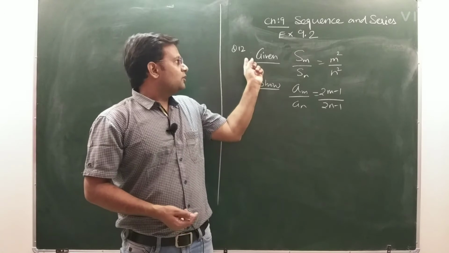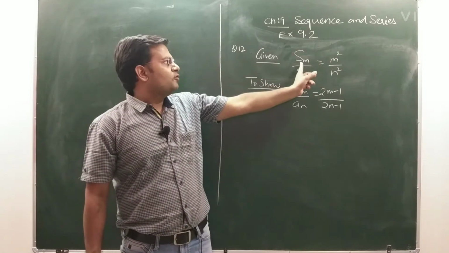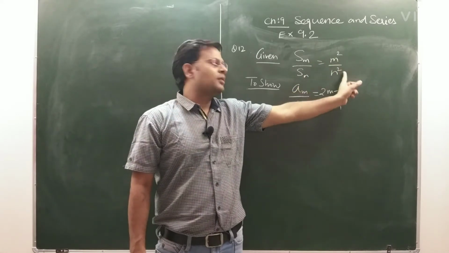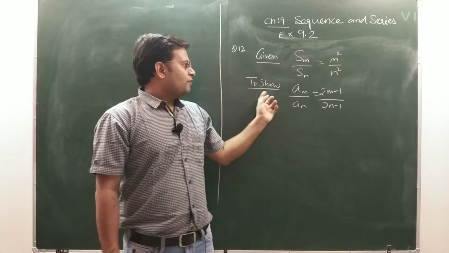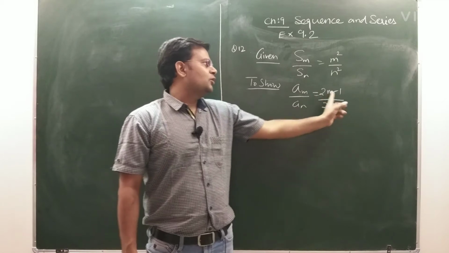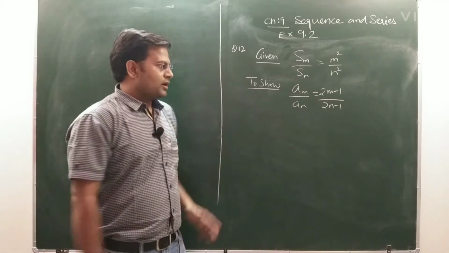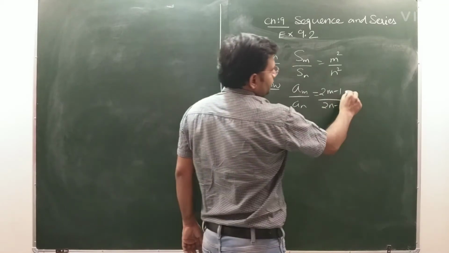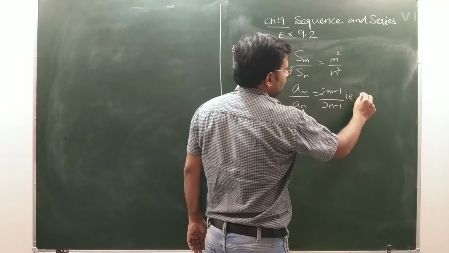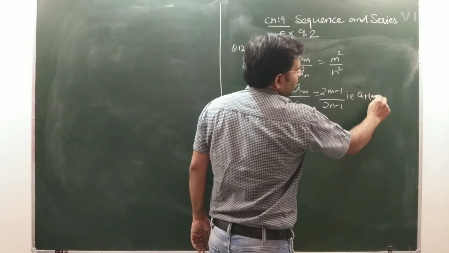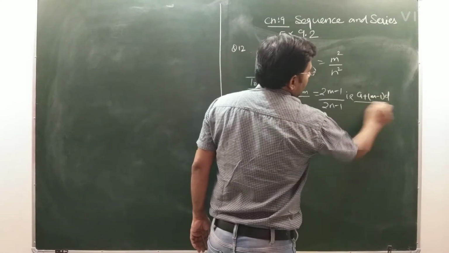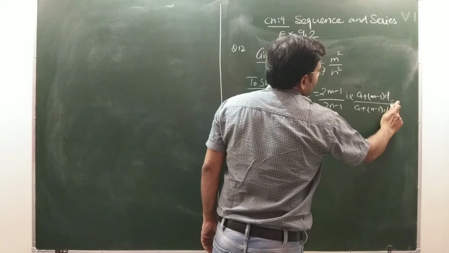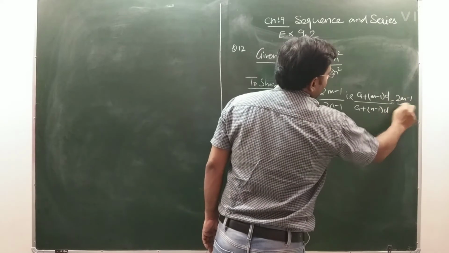Now question number 12, it's given that the sum of m terms upon the sum of n terms is m square upon n square. You have to show that am upon an is equal to 2m minus 1 upon 2n minus 1. Now if you think a little more, then what you have to show? You can write this this way also: a plus m minus 1 d upon a plus n minus 1 d is